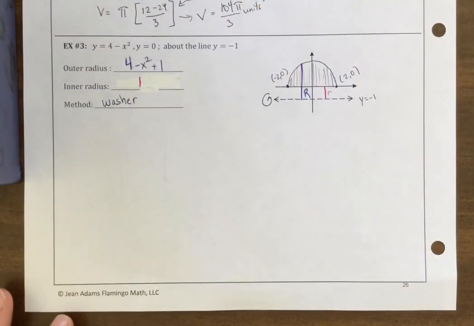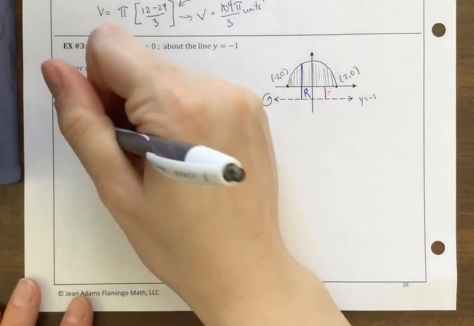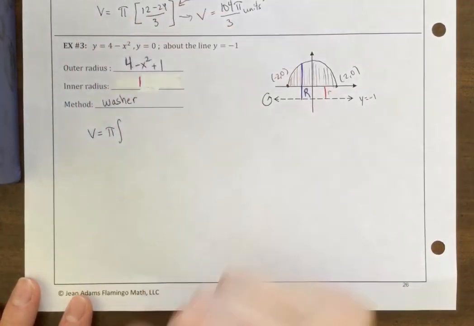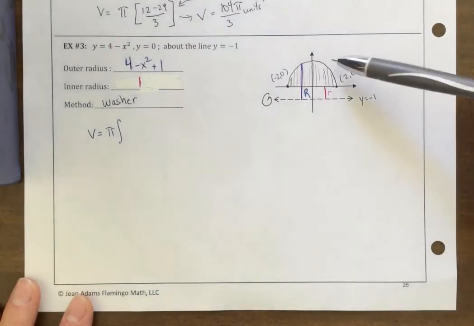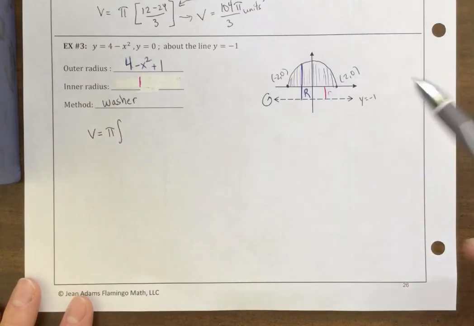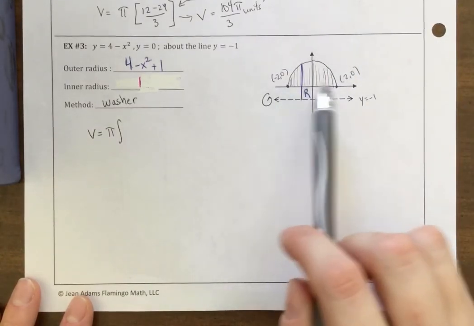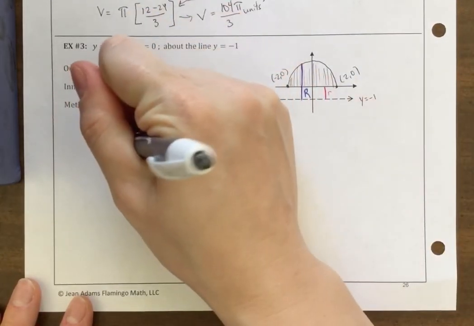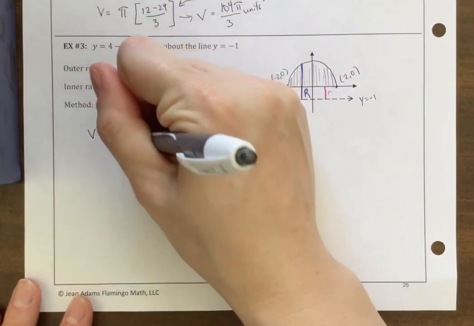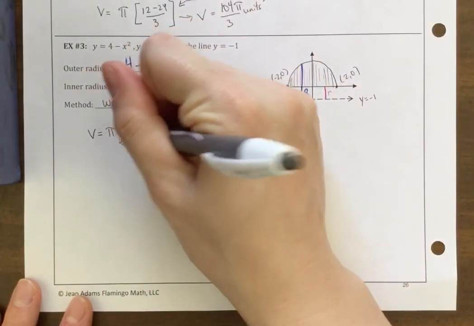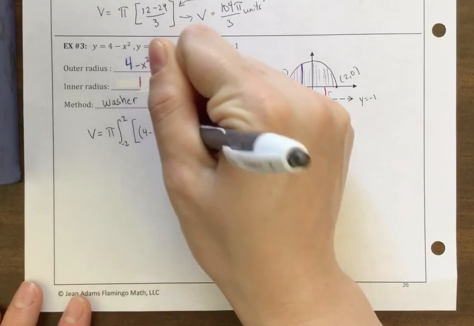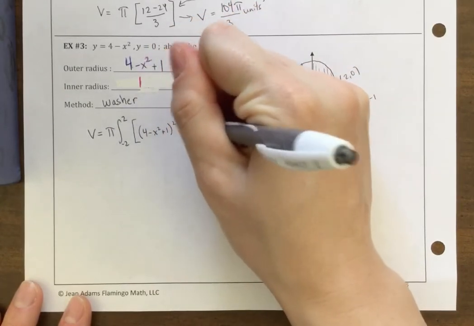Cool. So when we go to set up the volume, we have pi on the outside, and our bounds, since we're doing this perpendicular to the x-axis, our slices are vertical, we want to do our bounds in terms of x, so we're going from -2 to 2. And then we want to have big R squared minus little r squared